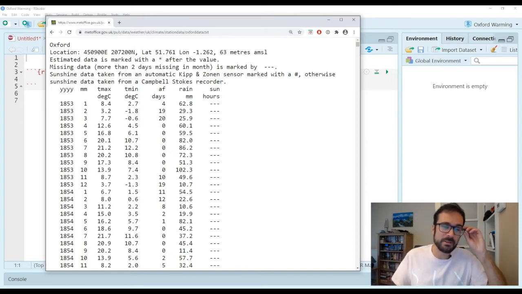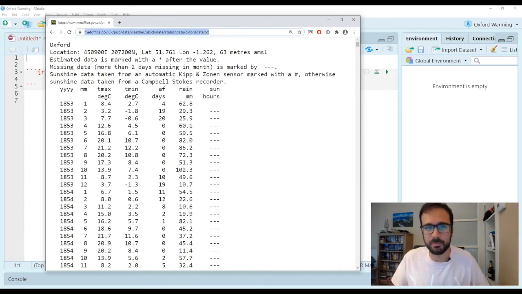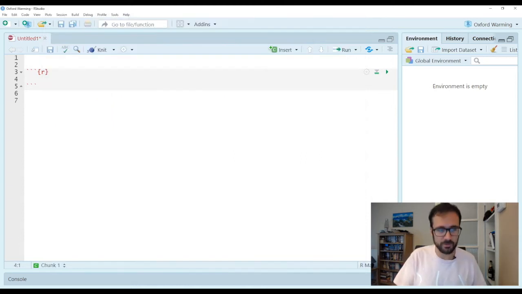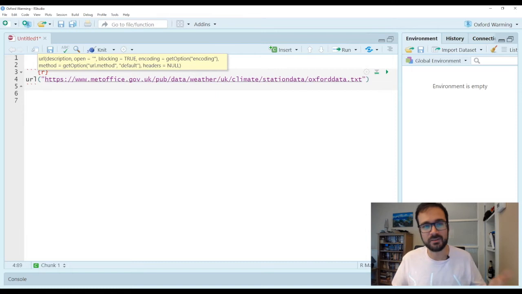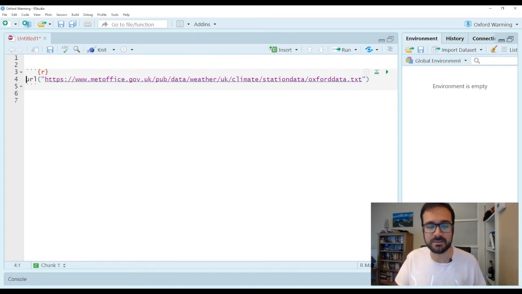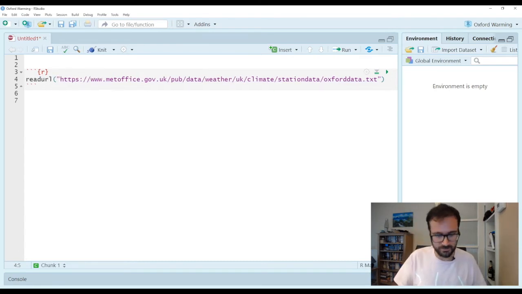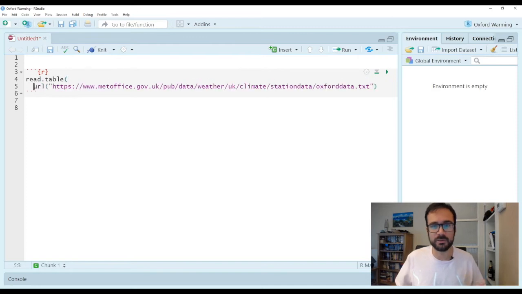So the first thing I'm going to do, which is quite a nice thing to do, is, because it's got the URL and it's loaded like this, I can load it into R directly without having to download it onto my computer. I could just read it in from the website if I use the URL function and just paste the URL into there. So the function I'm going to use to read in the data, I'm very much not going to be using the import dataset menus. This is beyond their capabilities. Because the main body of the data is tab separated, and it's in a TXT format, I'm going to use read.table as the function to bring this in.